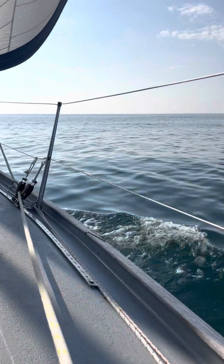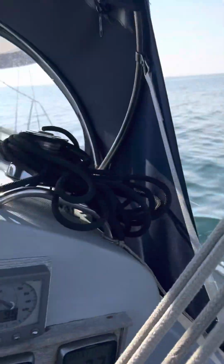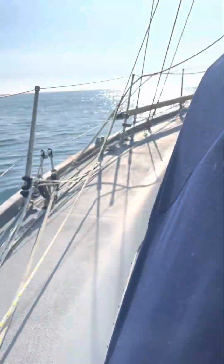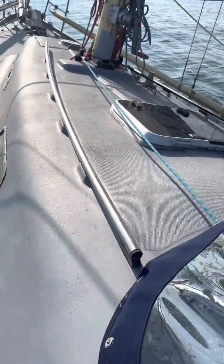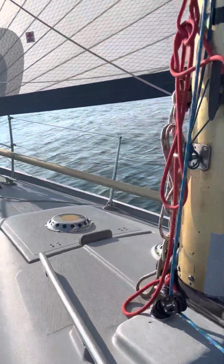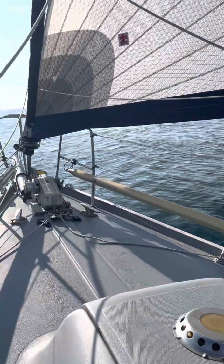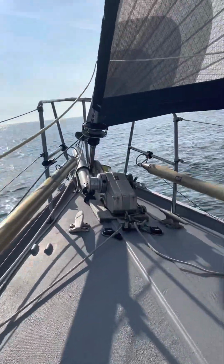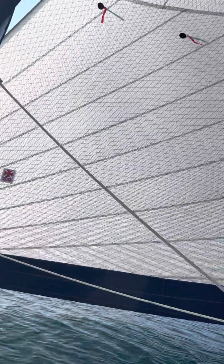The sail was built for me by Crusader Sails of Poole. Let's just go up on the foredeck and you can see it in all its glory. Crusader, Paul Leese has been making sails for me since the 1980s when I had Largo. And he did, sorry about the wind noise, he made what's then called a ghoster,